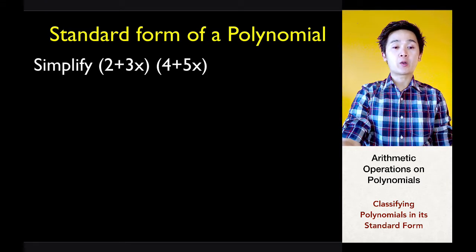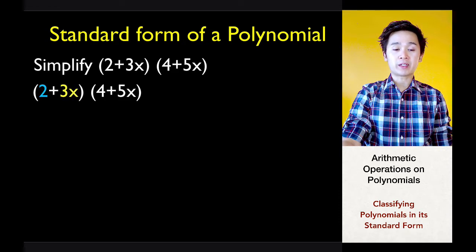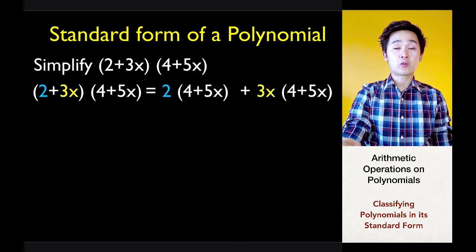So by combining 2 plus 3x and 4 plus 5x, we'll multiply 2 to 4 plus 5x and 3x to 4 plus 5x, so we can expand the polynomial. So 2 times 4 plus 5x is 8 plus 10x, and 3x times 4 plus 5x will give us 12x